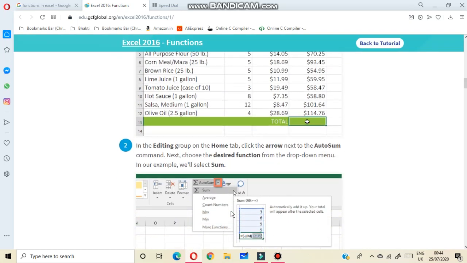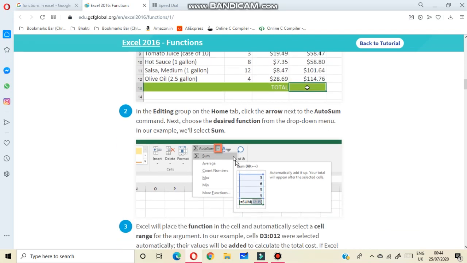Next, in the editing group on the Home tab, click the arrow next to the AutoSum command. Next, choose the desired function from the drop down menu. Here you can see the drop down menu.